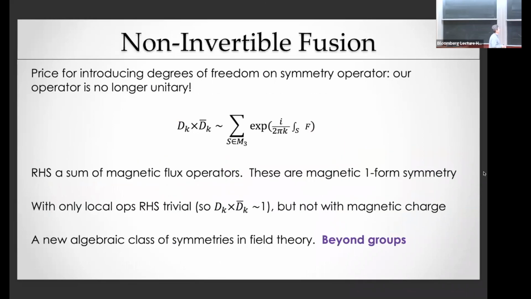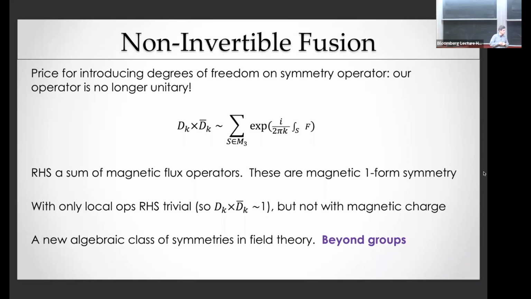Okay, so we're seeing some price for the ABJ anomaly. We saw this interesting action on the 't Hooft lines. Here's a price for introducing it: another price is that we have some interesting fusion algebra, something different than we might have naively expected. So let's call D this non-invertible chiral symmetry operator, and D bar something like its adjoint,